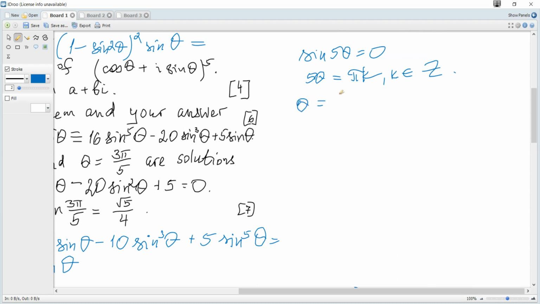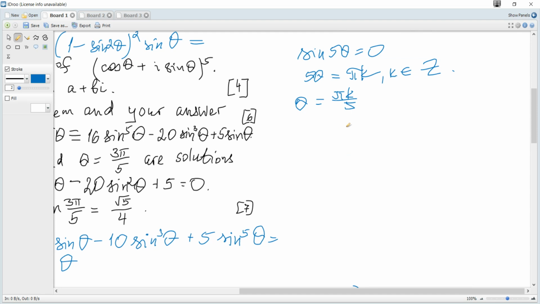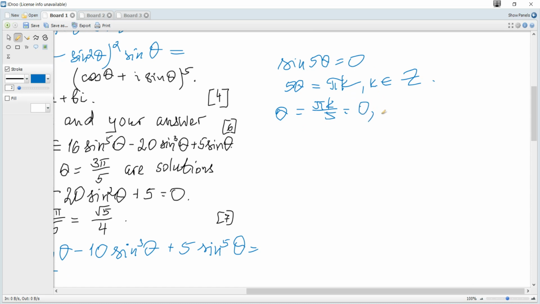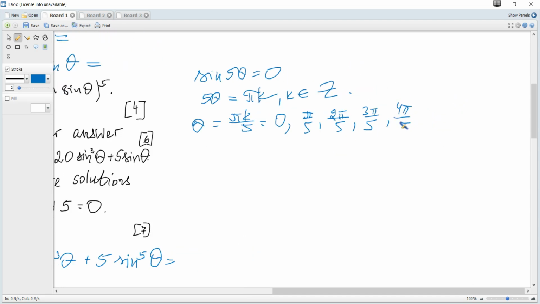So theta is pi k over 5, and possible solutions are, when k is 0, 0, pi over 5, 2 pi over 5, 3 pi over 5, 4 pi over 5, and if we consider from 0 to pi,